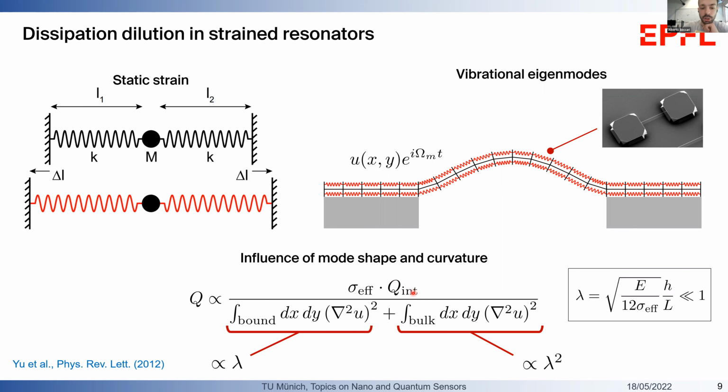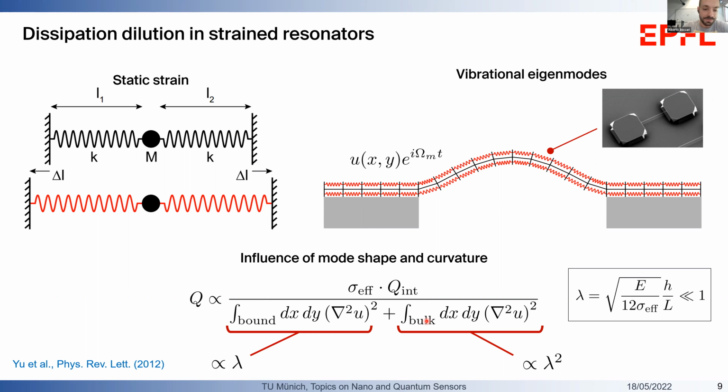the intrinsic quality factor of the material. So it's one component of it. It's set by the intrinsic material mechanical loss. It's proportional to the effective stress in the nanomechanical device in equilibrium. And then at the denominator, we have the geometrical contribution of the mode pattern, let's say. So we have an integral basically over the square of the curvature of the